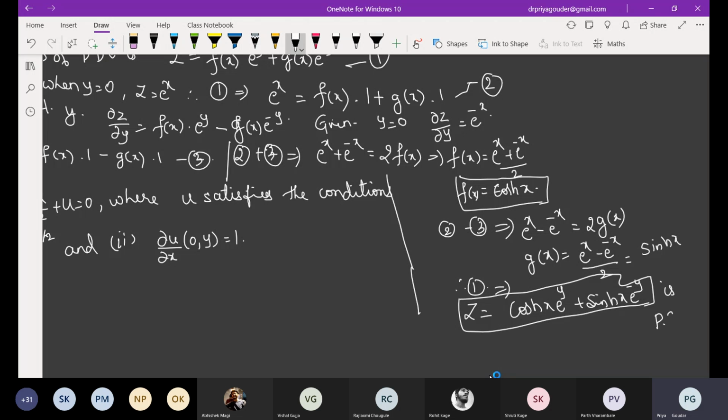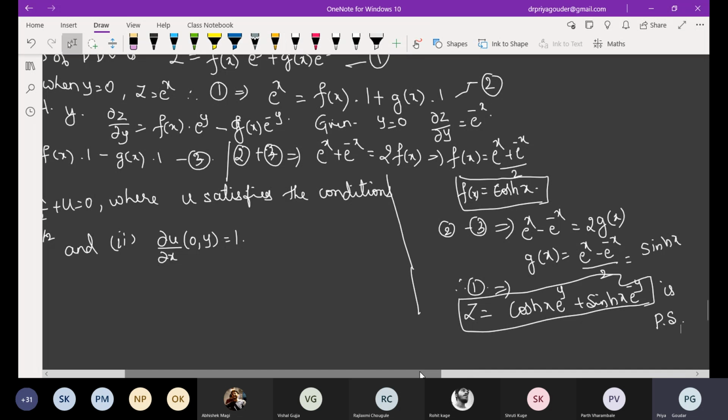This can be called a particular solution. Yeah. Is the procedure clear? Again, we cannot say fixed that you have to treat it as z only, z as a function of x only, y only. It 100% depends on the given problem. Okay? Yeah. Let me take another example.